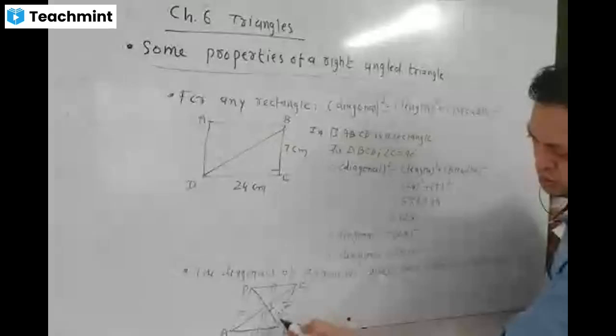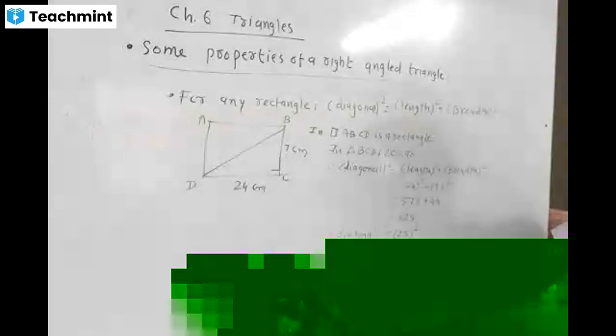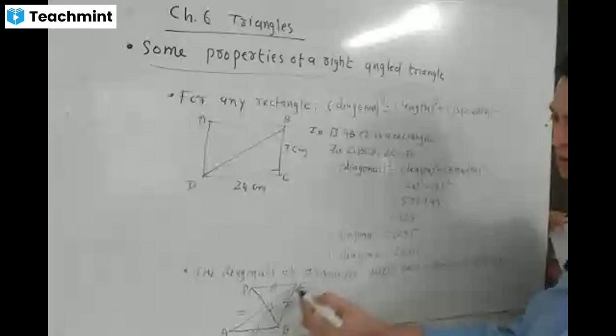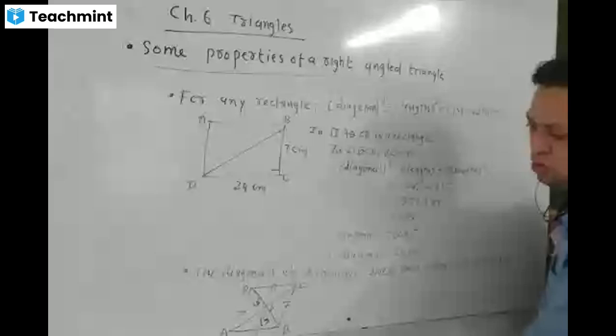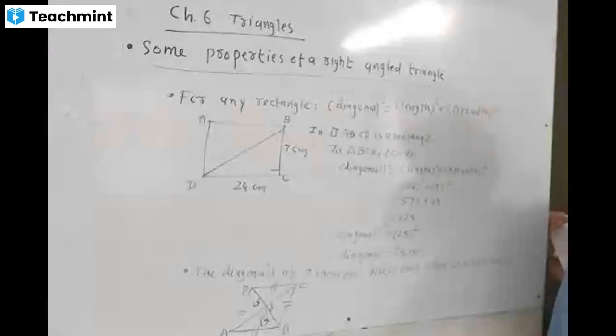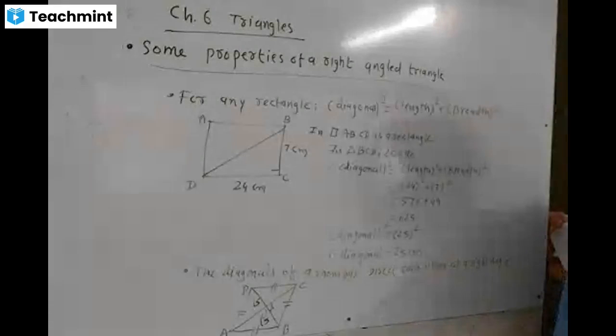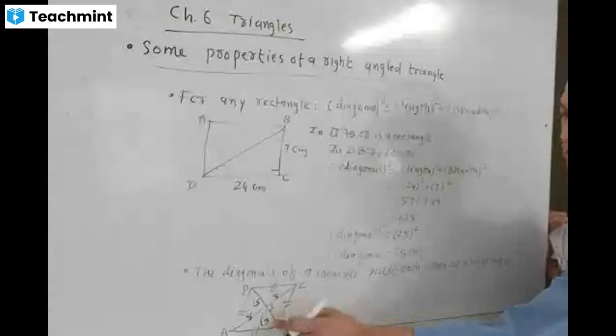And if BD and AC are given, suppose BD is equal to 30 and AC is equal to 16. Then by Pythagoras theorem, you find the side BC. BD is 30, so OB and OD are both 15. AC is 16, therefore OA and OC are both 8. By Pythagoras theorem, we find the side BC.